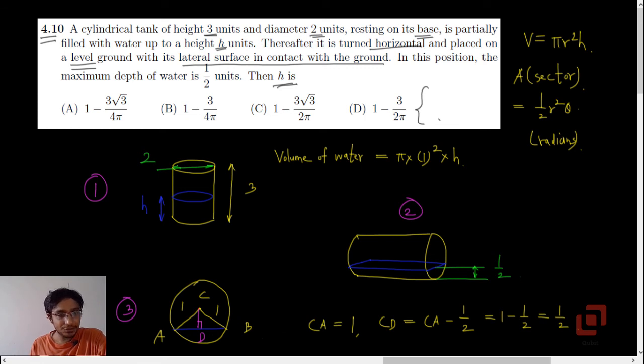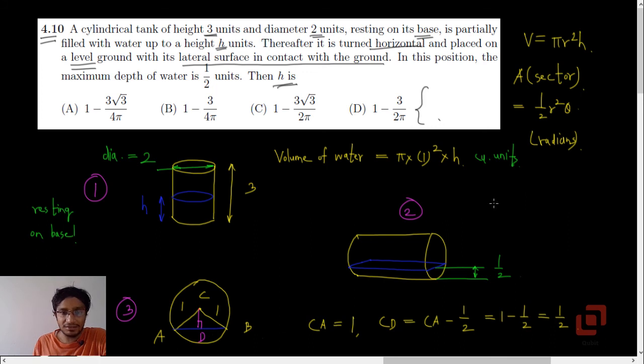Okay, so here is how I have solved the problem. In the part 1, I have considered the first situation, that is cylinder resting on the base. Stable equilibrium. Yes, and this blue circular layer that you can see, this is the top surface of the water. Okay, so what's the volume of the water currently? Radius is 1 because the diameter is 2. Yes, so volume of the water is going to be pi into r squared into h cubic units.